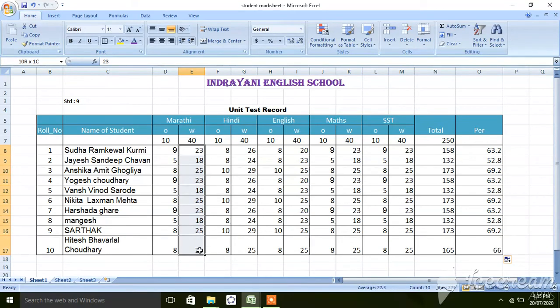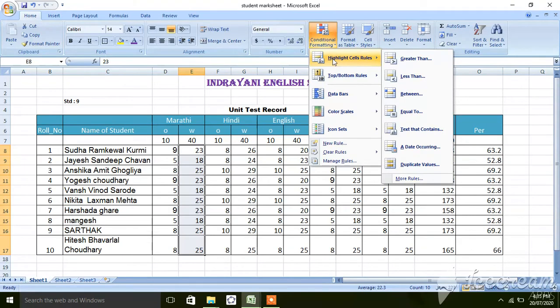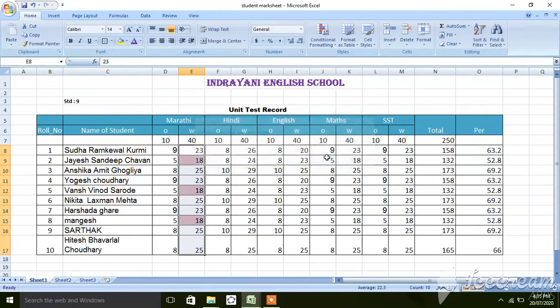Select the column, go to conditional formatting, then highlight cell rules, click on less than. So less than 20, it will be light red fill. Okay, see, less than 20 marks get highlighted. So here you can easily find out which student failed and which student passed.